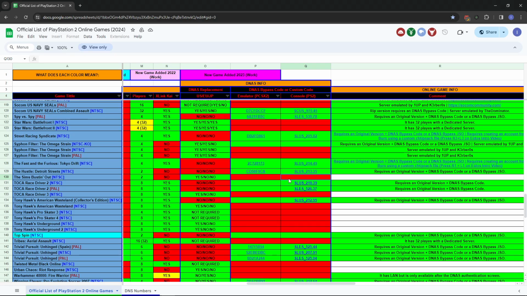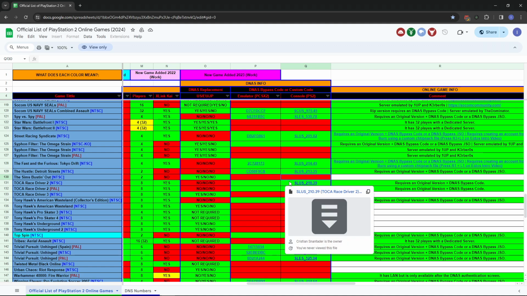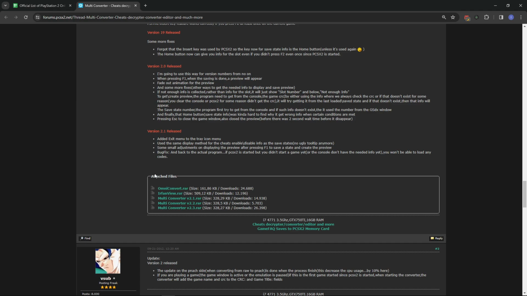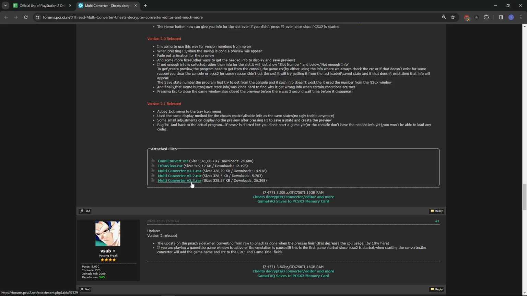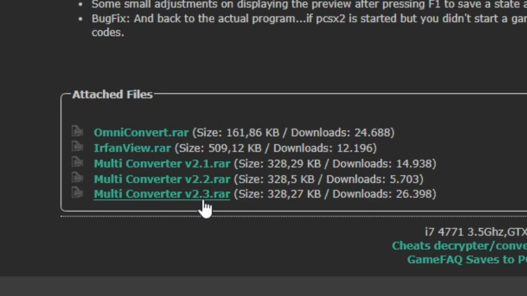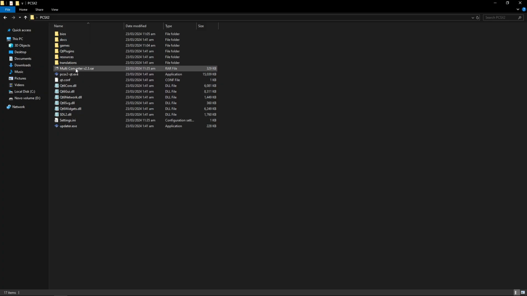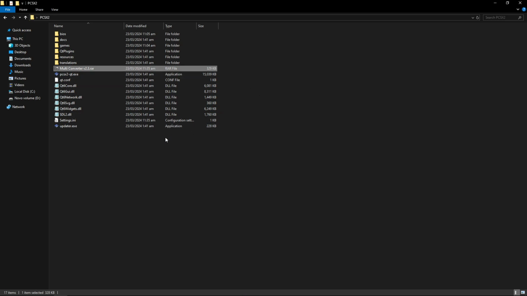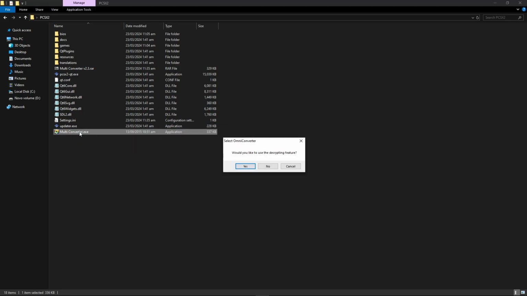This is the code if you were going to play on actual PS2 hardware, but there is a way to convert it for the emulator using this software right here, the multi-converter, and then download the latest version here, 2.3, download it and place it in the folder of your preference. I placed mine in the same emulator folder here, so you're gonna extract the contents of it. There's a single .exe file inside anyway, and you're just gonna double click here on the .exe file, and it's